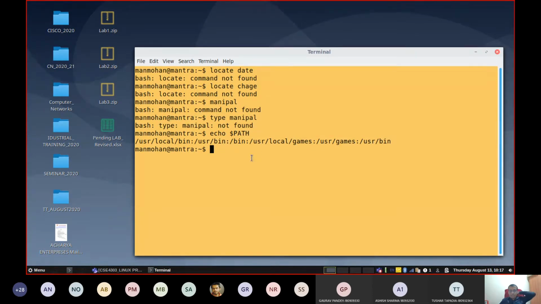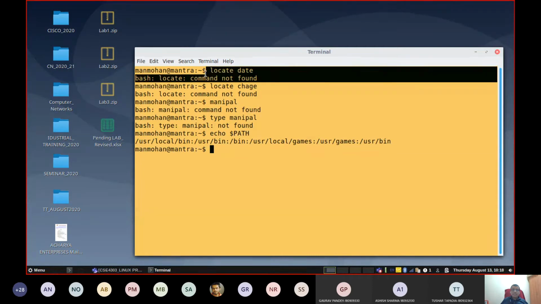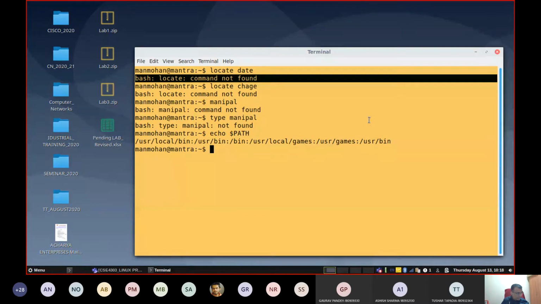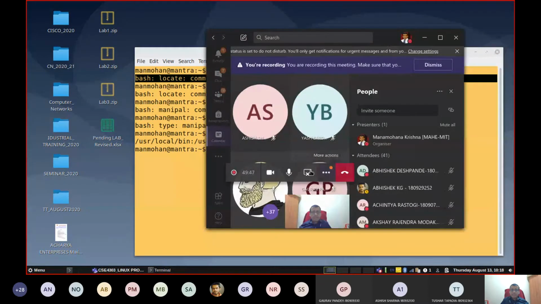Sometimes, if you are trying a legal command, I mean a command shown in a textbook, and you still get command not found, that means that program is not installed. You need to install it manually. Okay, this is about these commands and how a command is located in a particular system.